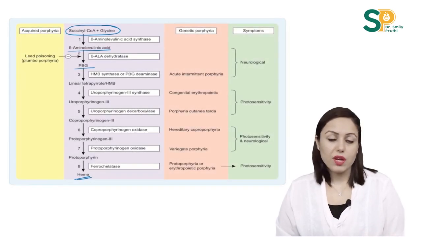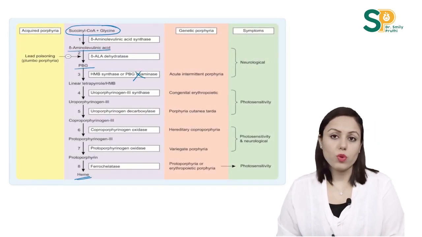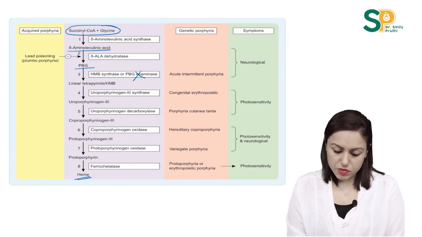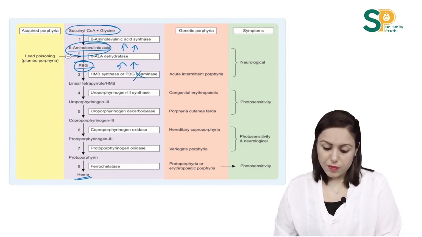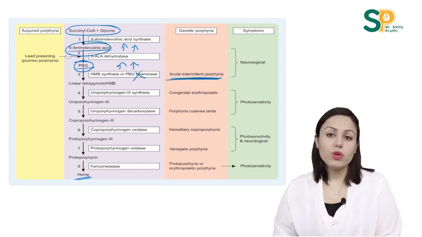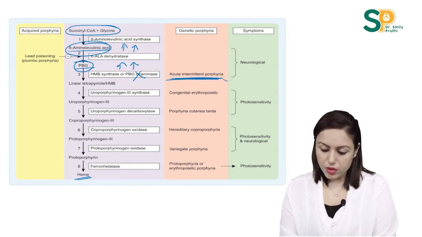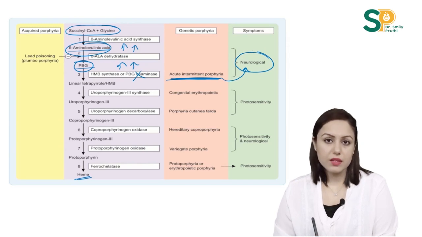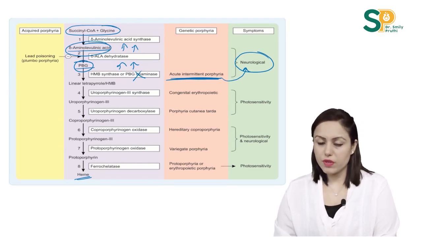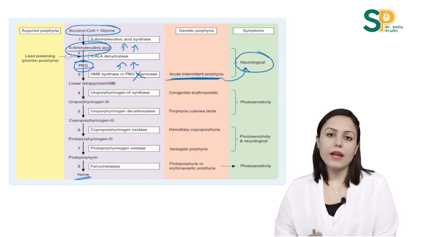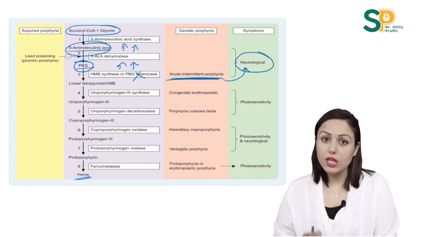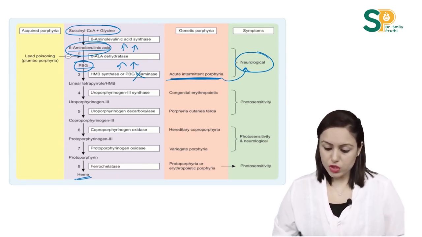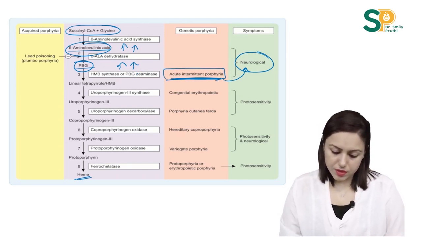So in this question they are telling that PBG deaminase is not working, right? So that's why PBG and ALA have increased in this patient. So this is a case of acute intermittent porphyria, and in acute intermittent porphyria only neurological signs and symptoms appear. There is no photosensitivity in acute intermittent porphyria, and in this patient also they have not given you any line of photosensitivity. So this is a very easy question, that the patient has acute intermittent porphyria where the enzyme affected is